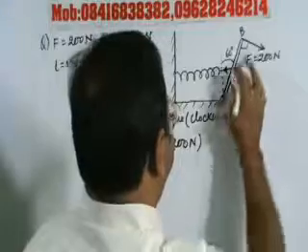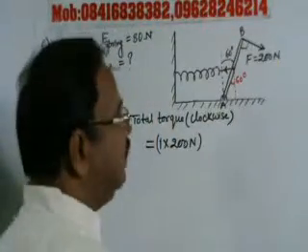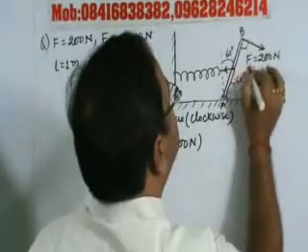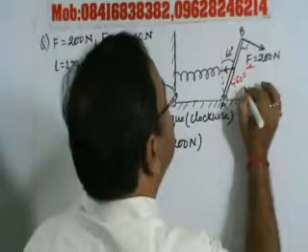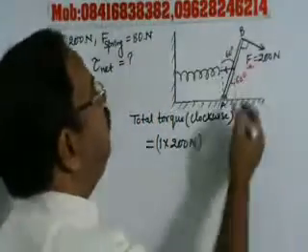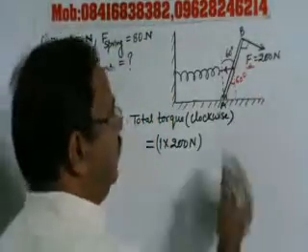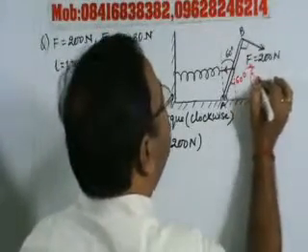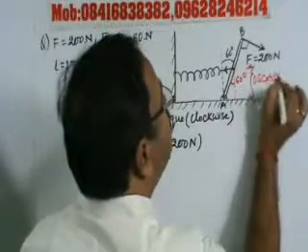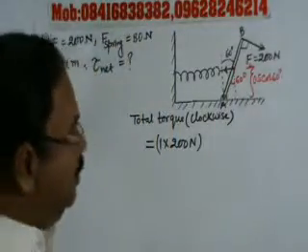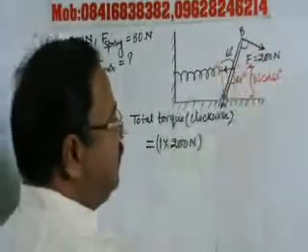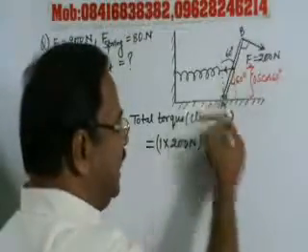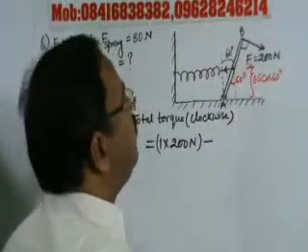So this angle will be 60 degree. So what will the perpendicular arm be equal to? This arm will be L cos 60 degree, right? It will be L cos 60 degree, which is 0.5 cos 60 degree. The spring force is in this direction and the perpendicular distance is 0.5 cos 60 degree, and it will produce an anti-clockwise torque. So this will be minus, right?